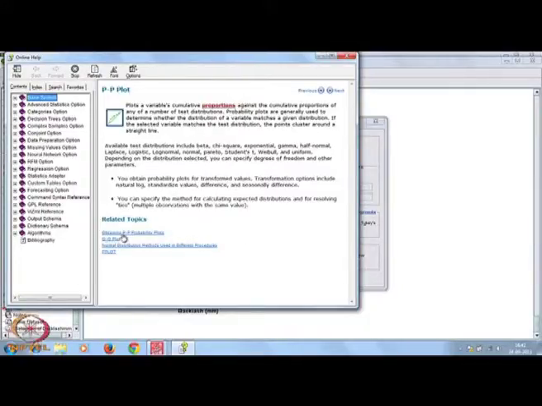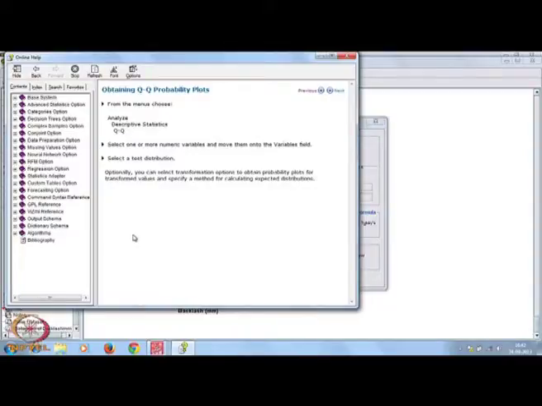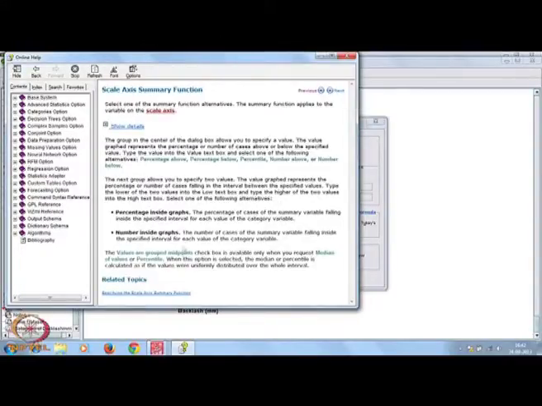You may go to related topics, for example the Q-Q plot, or how to obtain a P-P plot. Slowly you will get these different tips, which will help you while analyzing through SPSS.